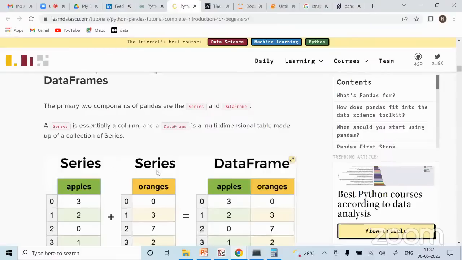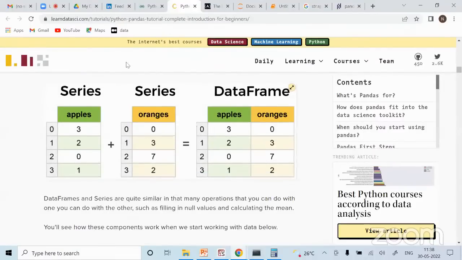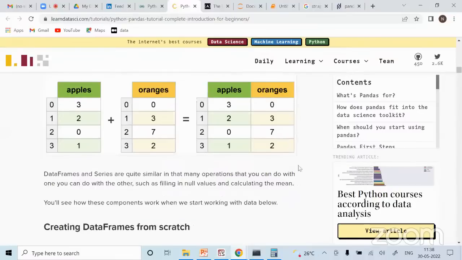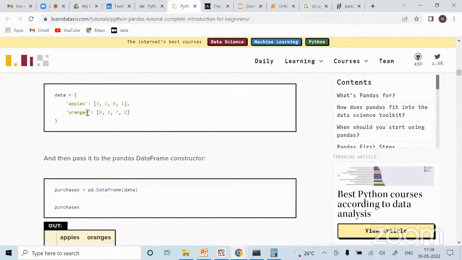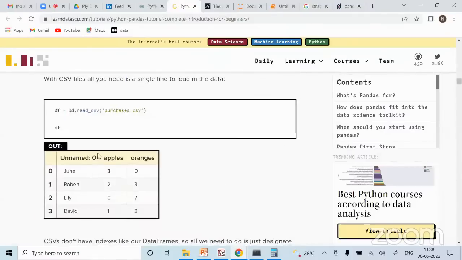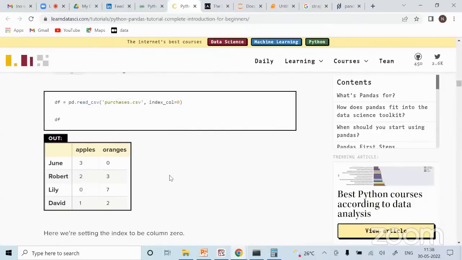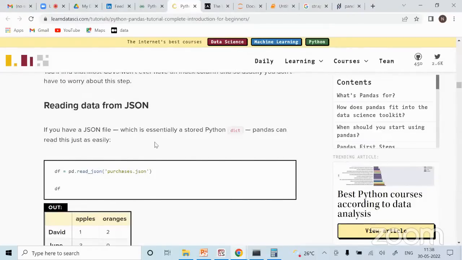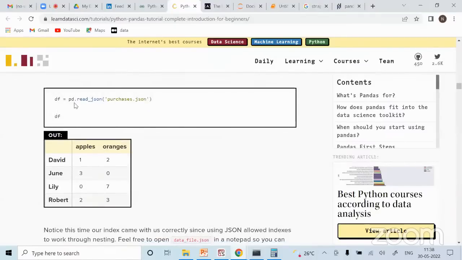Then we learned you can add two series and get a data frame, right? You can simply concatenate two data frames and get a data frame. Then you can create one from a dictionary, right? So all these things we already know. How to read data: simply read a CSV and read the data. Okay, reading data from a JSON file. When we talked about different data file formats, we also talked about the JSON file. Basically it's nothing but kind of a dictionary wherein you have your column names and then further detail. So you can actually read data from JSON also. You can simply do read underscore JSON and read the JSON file.